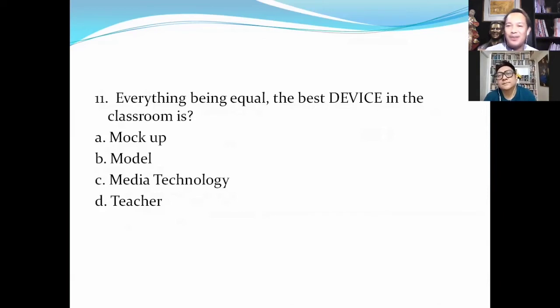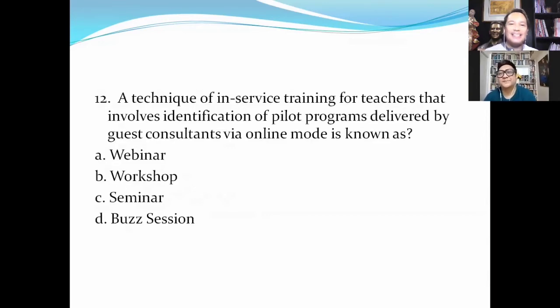Then media technology, of course, we know. Television, DVD, di ba? Ang dami pa. What are other devices? There are maps, di ba? There are what we call the globe. Ang dami pa. We have mga mobile. May mga kung ano-ano pa. But the best device is always the teacher. Okay. Totoo yan, sir. Yes.